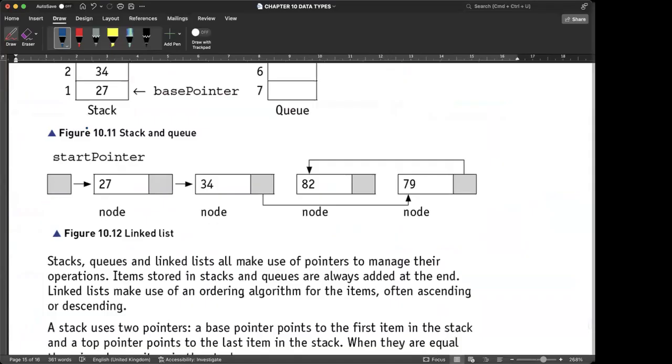Look, this is a linked list. Let me tell you the simplest thing. You have 27, you have 34, you have 82, and you have 79. Right? You see this list. And there is another list. Look, this is